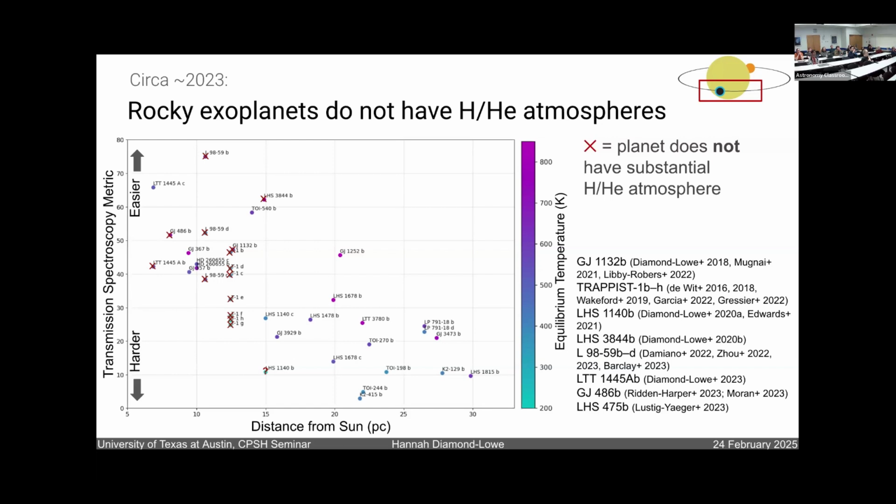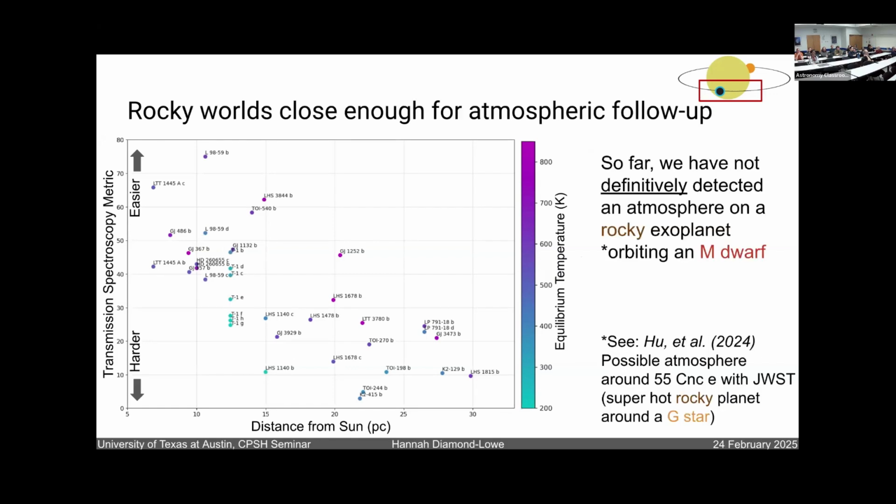And up until data from James Webb really started coming down, all we could really say is, well, we've looked at these planets and they don't have hydrogen helium atmospheres. Spent a lot of my PhD doing this. Now, is that a particularly interesting result? Maybe. We didn't really expect them to, but it's good we looked, and I got a degree out of it. But now we can start doing something a little more interesting. We can actually try to detect heavier atmospheres that we might expect could exist on these planets, not a poofy